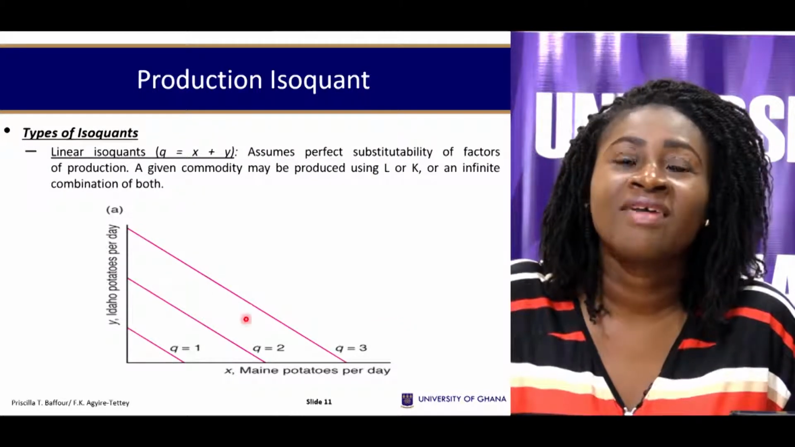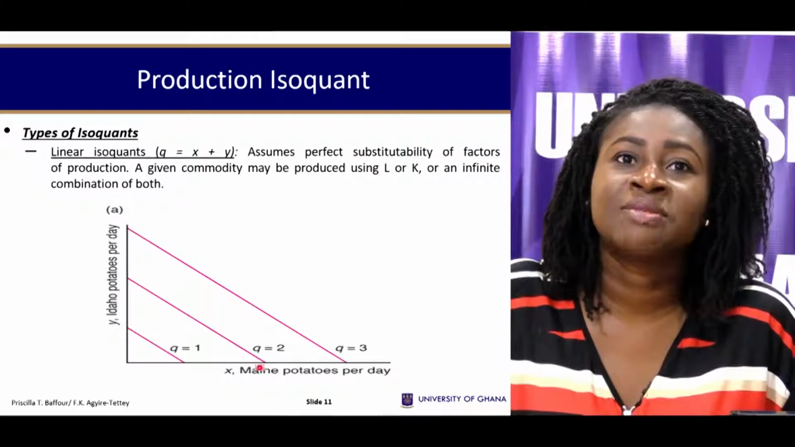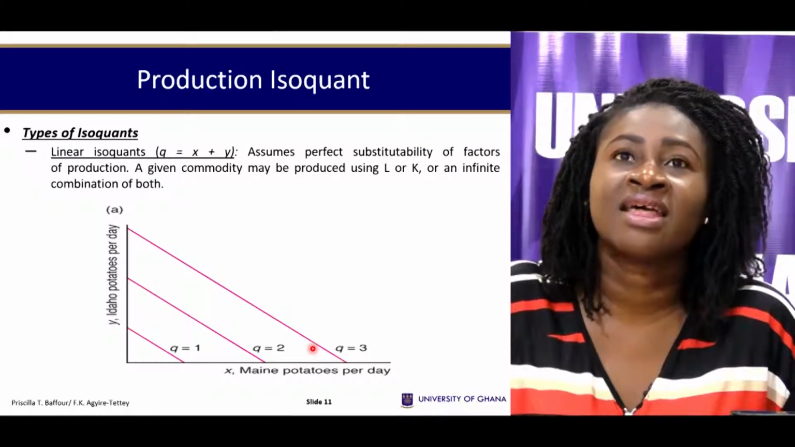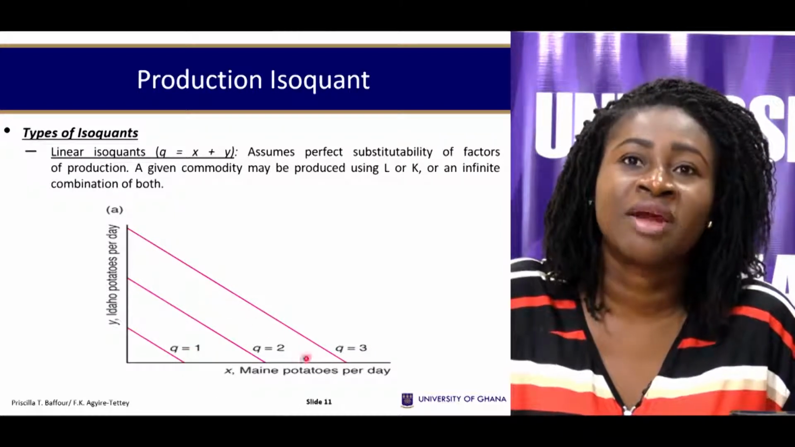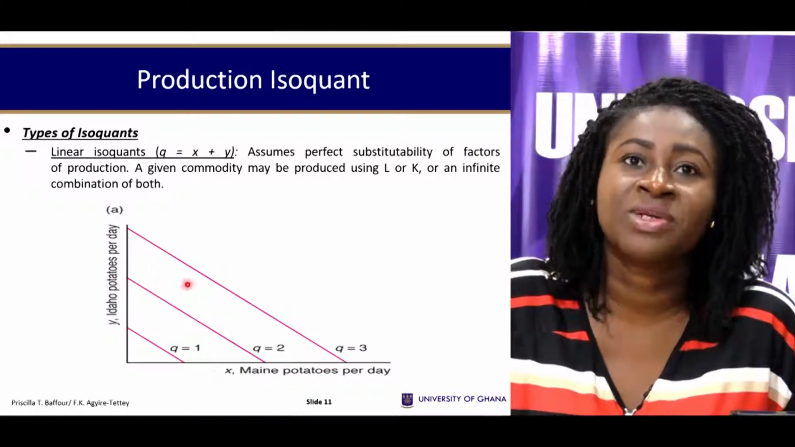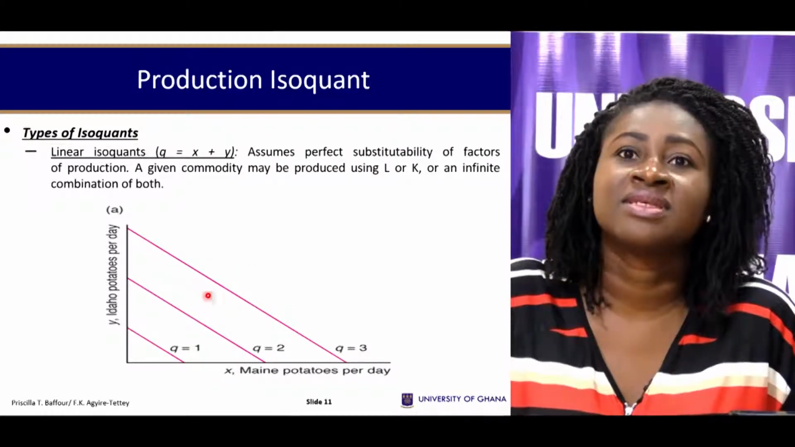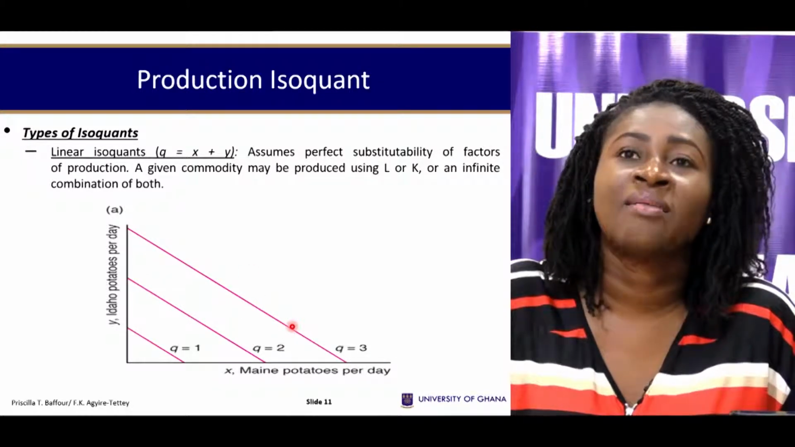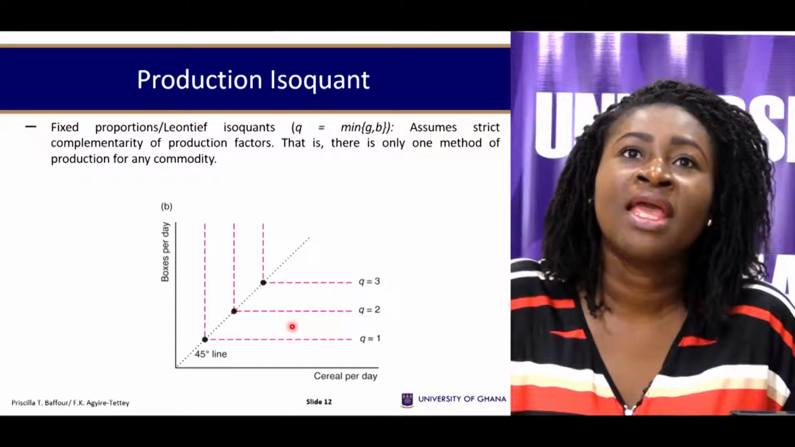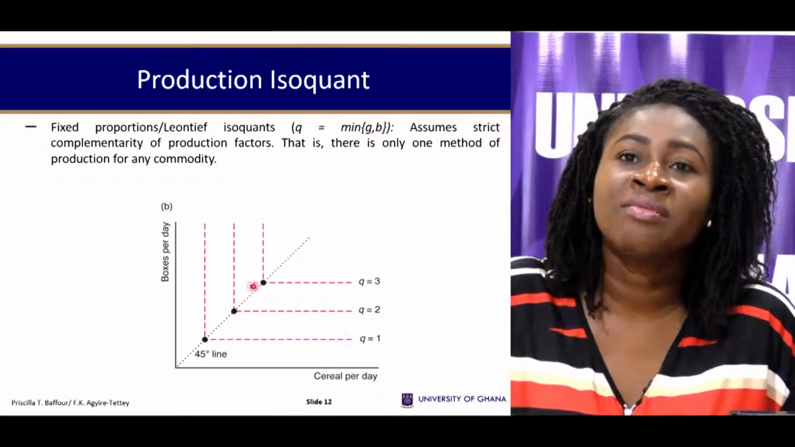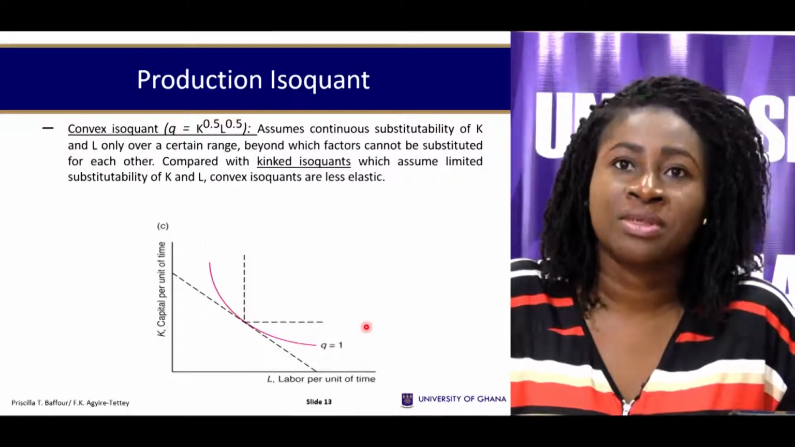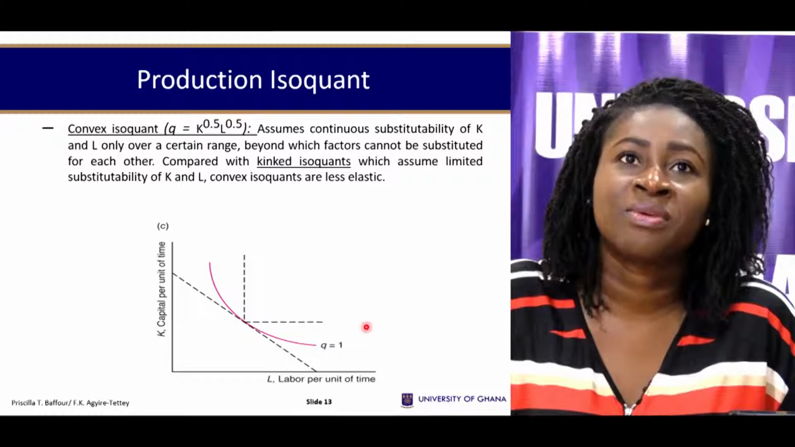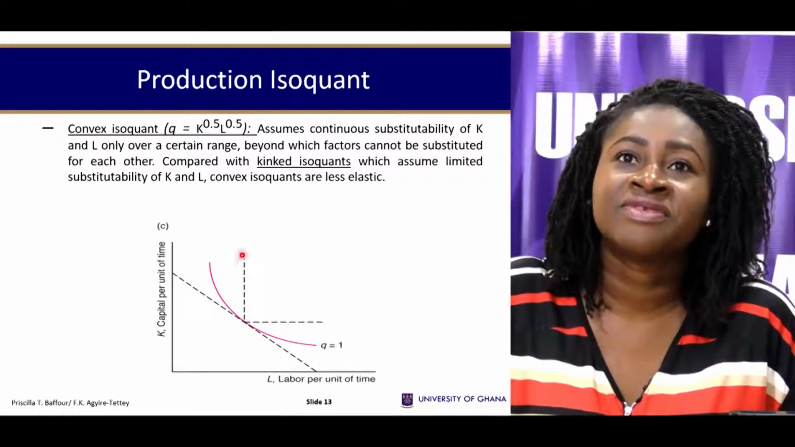So if you have an isoquant that is shaped like this, then you can tell that these are factors of production that are substitutes, right? It's either you use A or B. Then factors that are complements in production will give what? L-shaped isoquant. Will give L-shaped isoquant. So a convex isoquant,